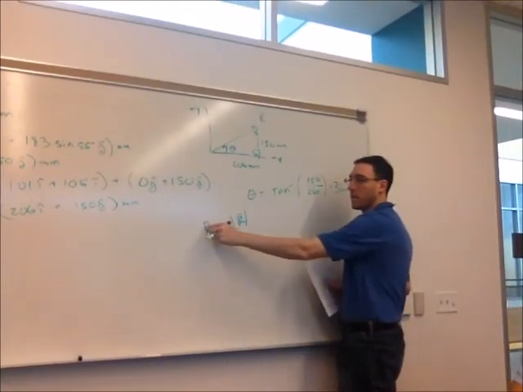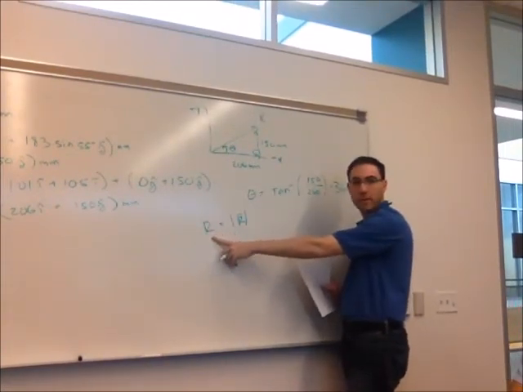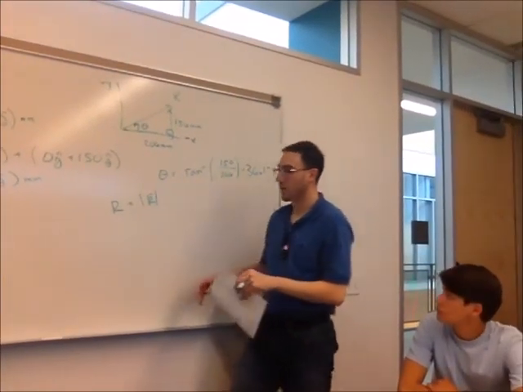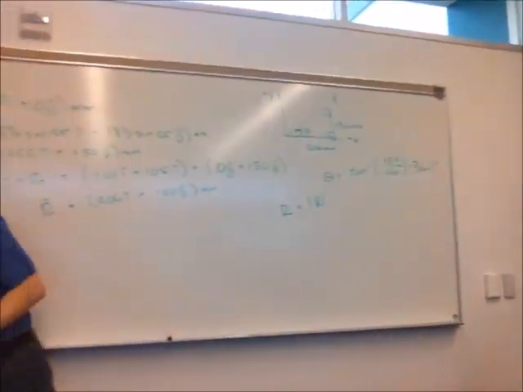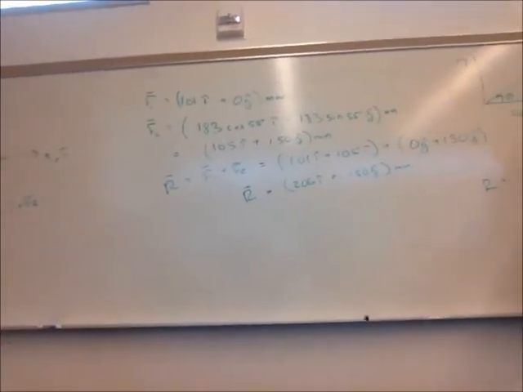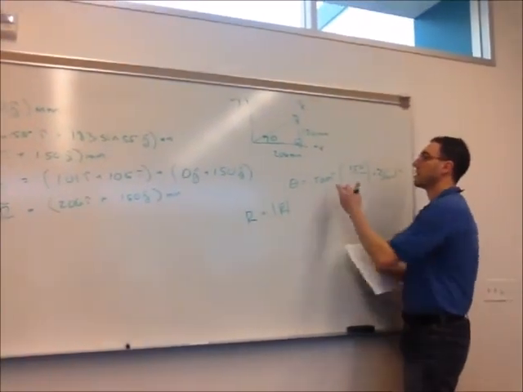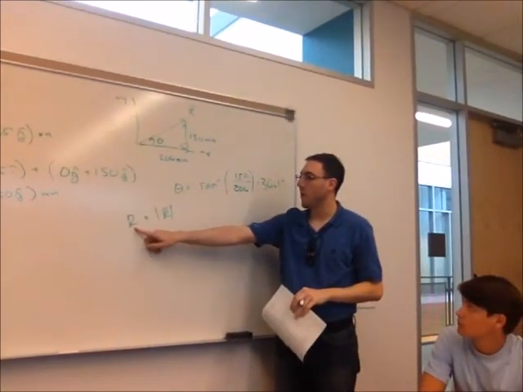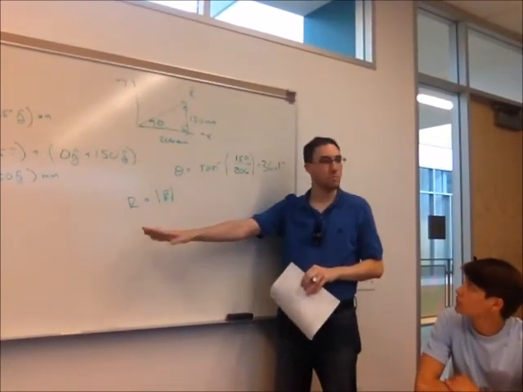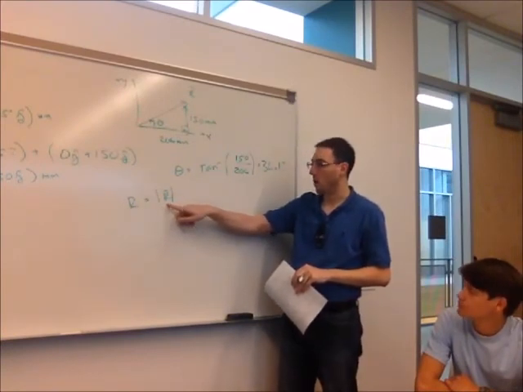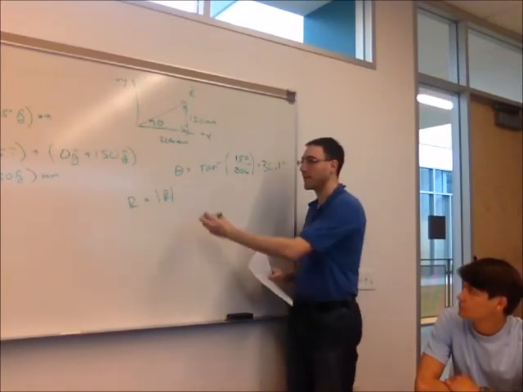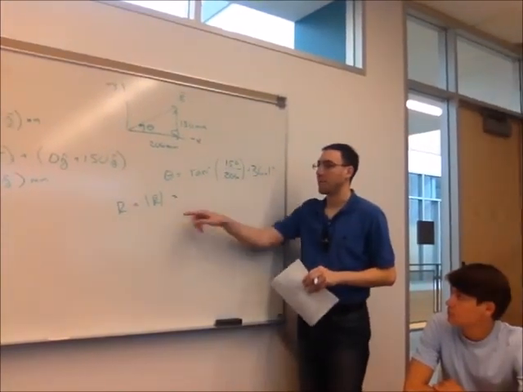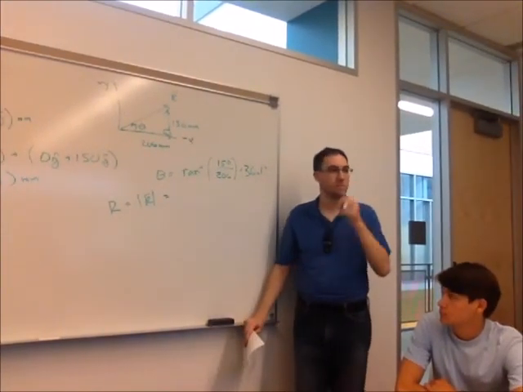R as a scalar value, we're assuming it means the magnitude. Is the denominator 206? Yeah, sorry, 206. So the magnitude of R, which I can express either as R without anything over it, or R bar in these absolute value signs, they mean the same thing. This is going to be a scalar quantity. How do I find the magnitude of R? Square root